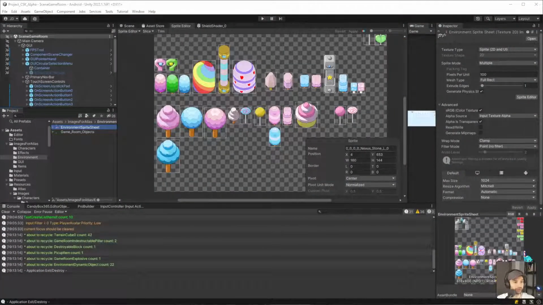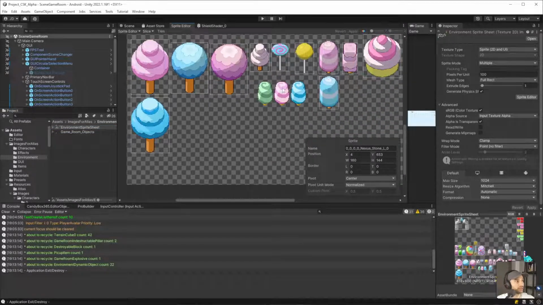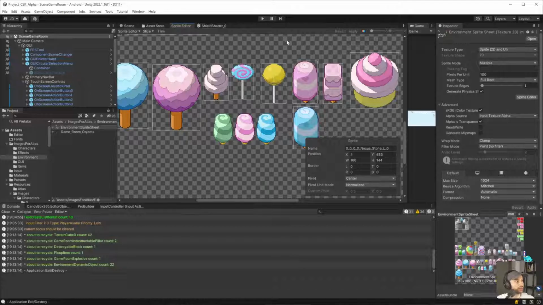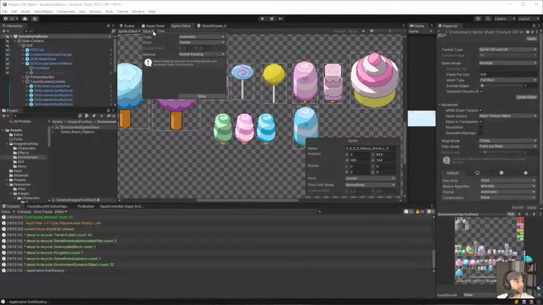Okay, so what we're going to do is take this, replace that file. Okay, so that needs to be updated. Okay, so it did detect them, which is great. So what we need to do is say slice.